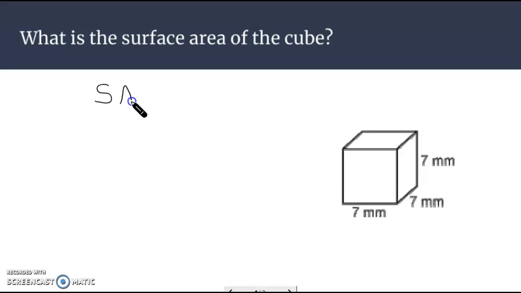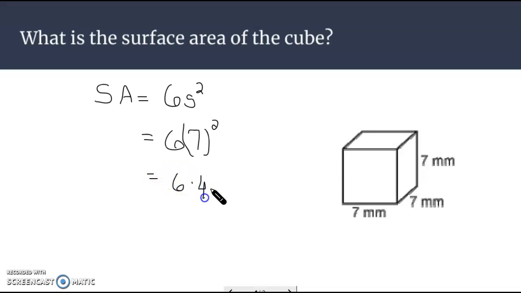Now the formula for the surface area of a cube, since there are 1, 2, 3, 4, 5, 6 faces all the same, is 6s squared, where s is the length of one side of the cube. Since this cube has a length of 7, we're taking 7 squared times 6. 7 squared is 49, and 6 times 49,